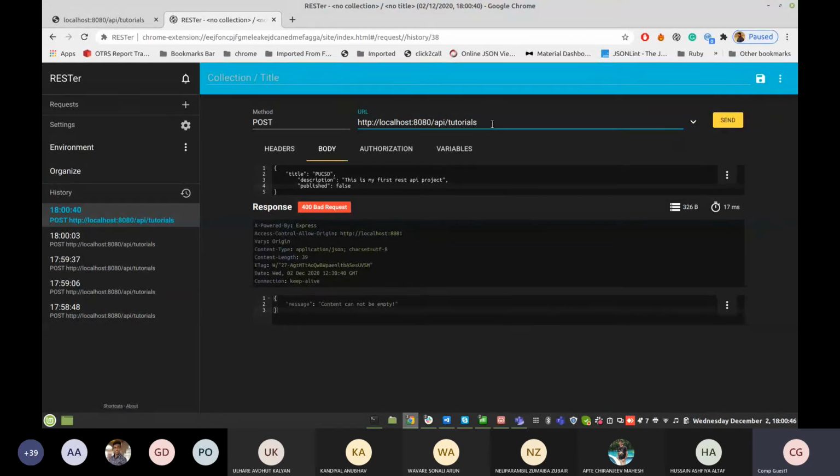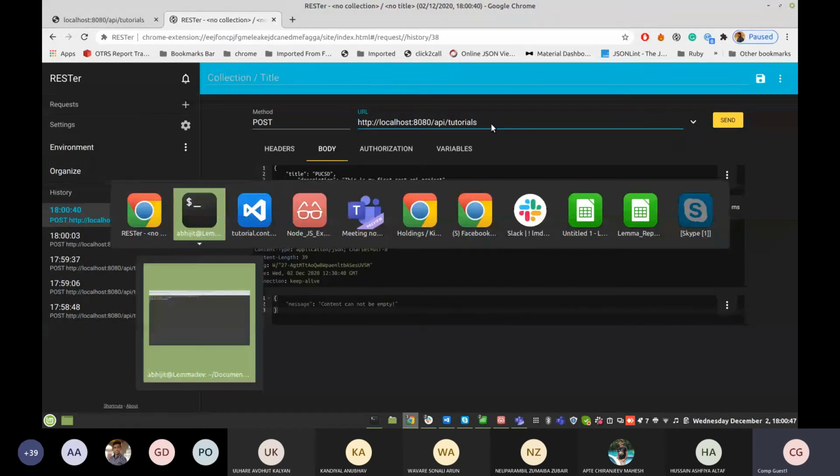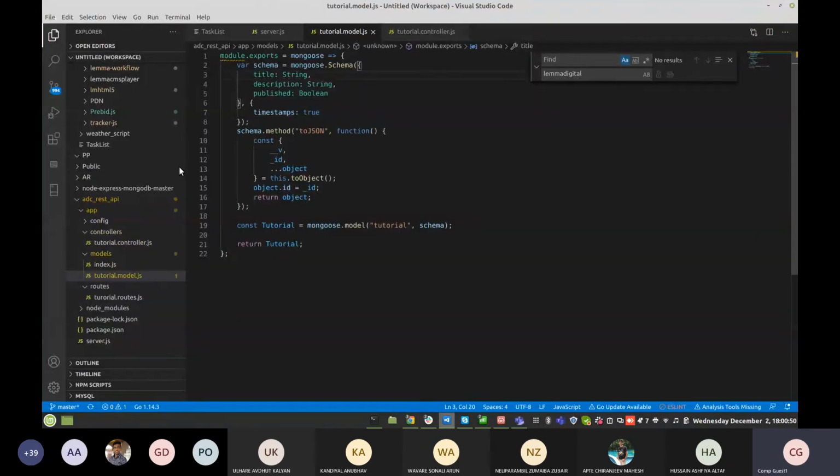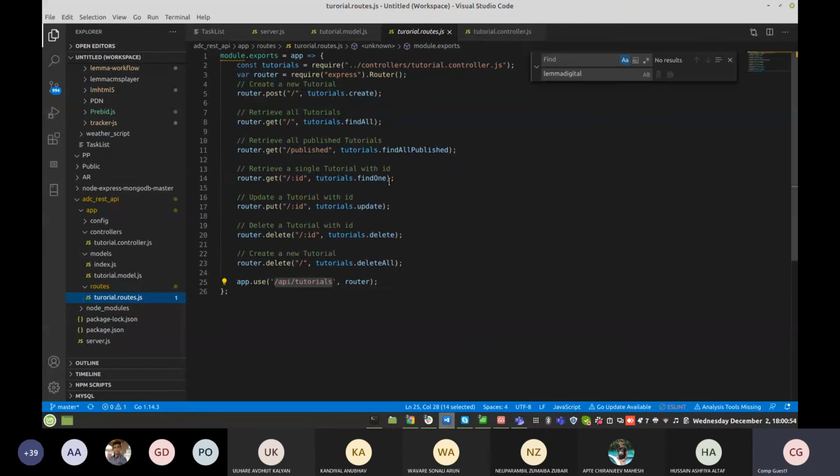Okay, so let's check our module, our router. What route have we used? Post, we have created this method, but data is not going, so we need to debug that. Why is it not going?